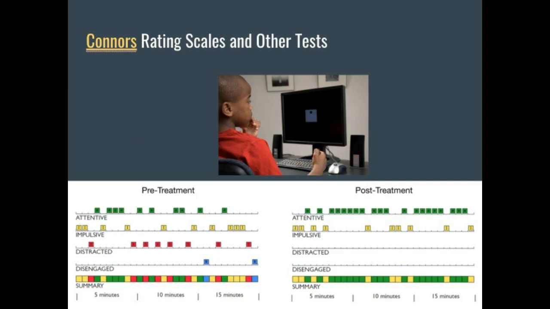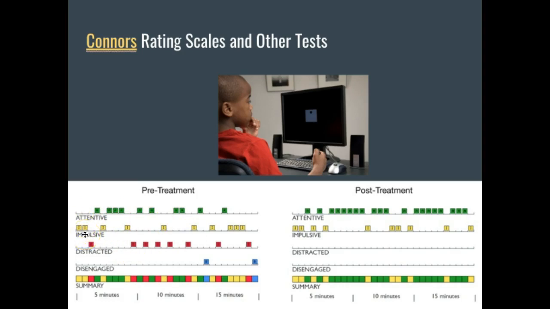And then what they look at is, how often did he miss it, or become distracted and pay attention to other stimuli. So you can see here on the left side, where there's pre-treatment for the disorder, that this child is not very attentive. He's missing things.